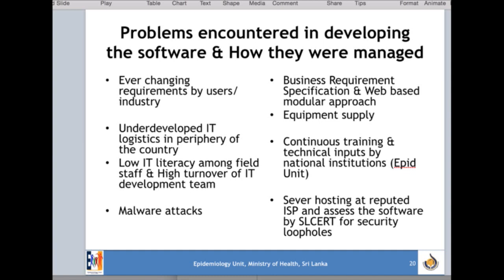And we have faced a malware attack, a random attack. So now we have hosted our server in a reputed ISP with firewall protection, as well as we have assessed the software by the Sri Lanka Computer Emergency Response Team for security loopholes. And we have implemented the recommended